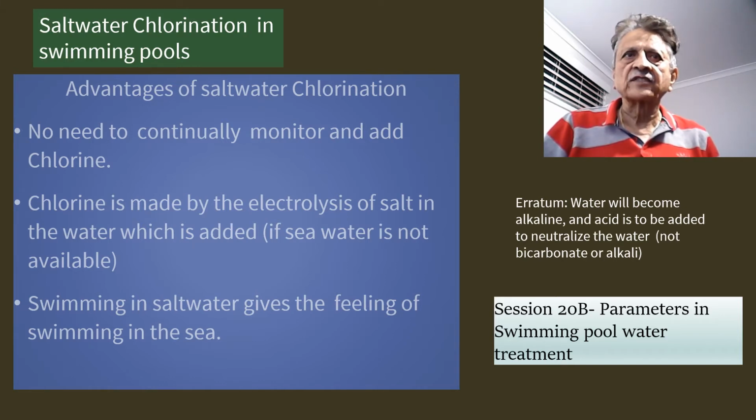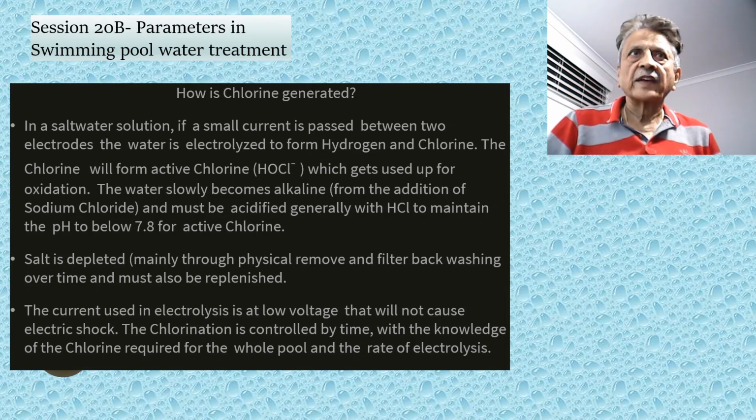Swimming in salt water gives the feeling of swimming in the sea. We can discuss how chlorine is generated by the saltwater chlorinator. A small current is passed between two electrodes in the salt water, where the electrodes will form hydrogen and nascent oxygen that will oxidize the chloride to chlorine to form the active chlorine,